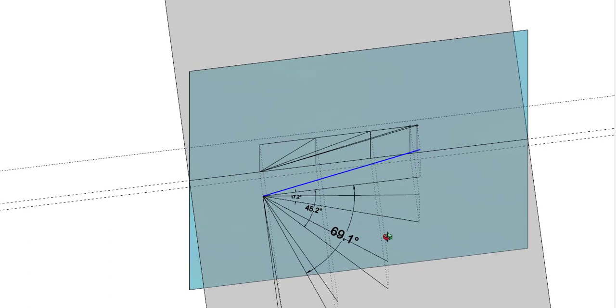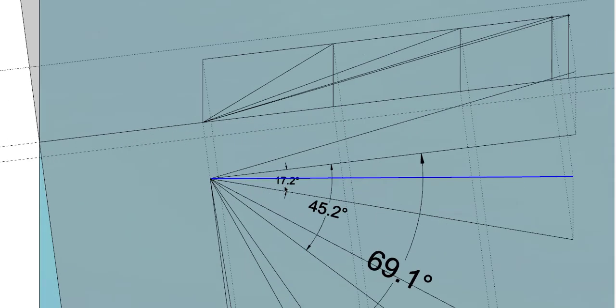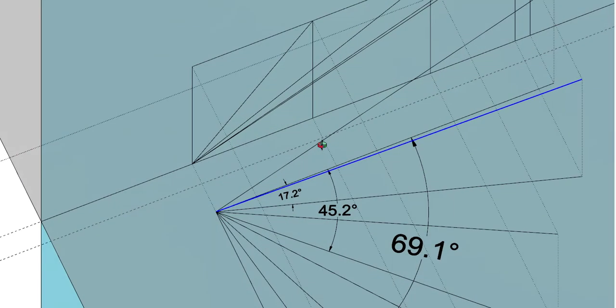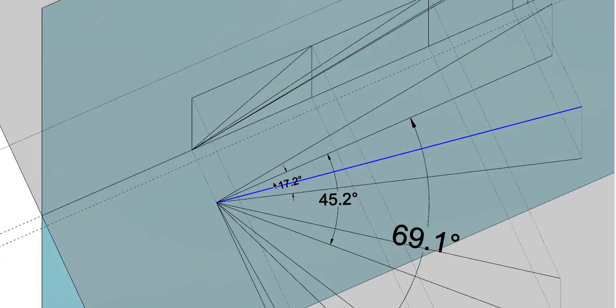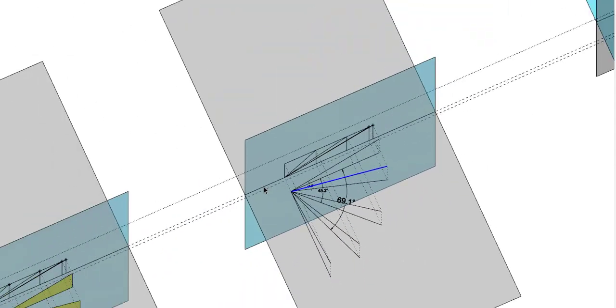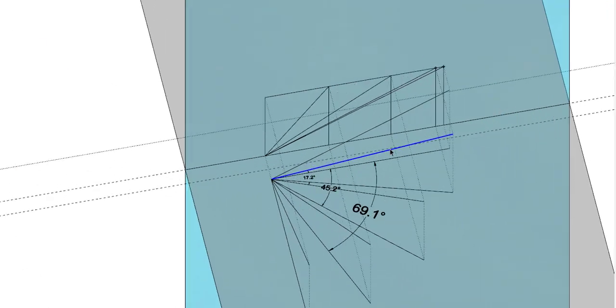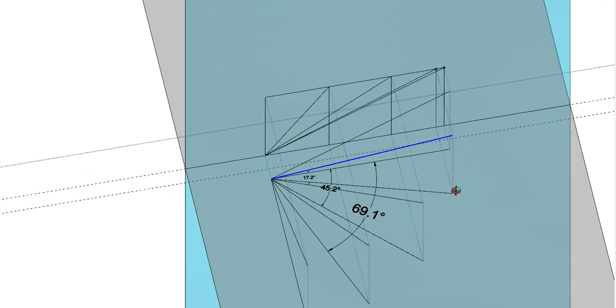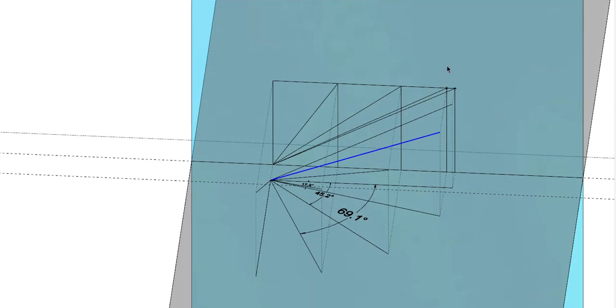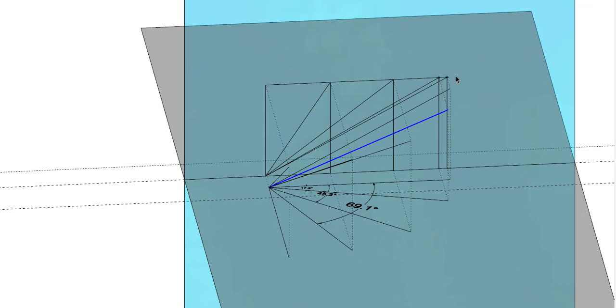right? And then I gave an additional inclination with the vertical plane. I gave an additional inclination of 17.2. I've kept the inclination with the horizontal plane the same as in the previous case. Okay, I projected it towards the vertical plane and got the projection. It is in the same locus, the 2 points are in the same locus.